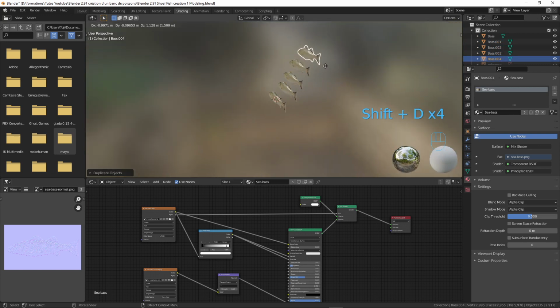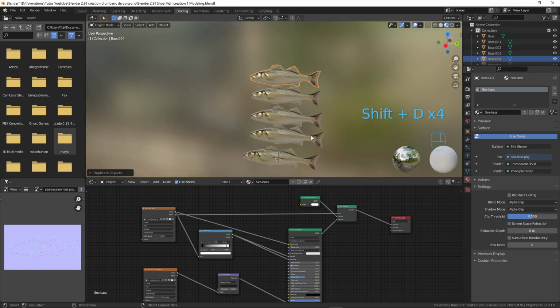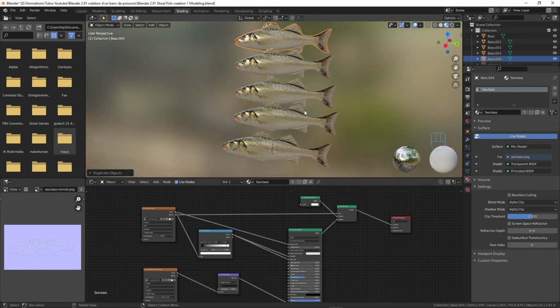with Shift D, I just make a few duplications. I would like the shading to not be exactly the same from one to another. Like I would like maybe this one to be a little more bluish, or this one a little more yellowish, or whatever. By default, anyway, I found this texture a little too